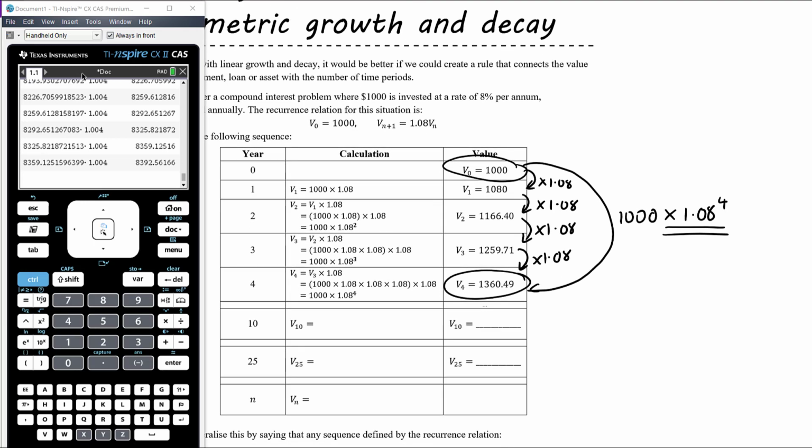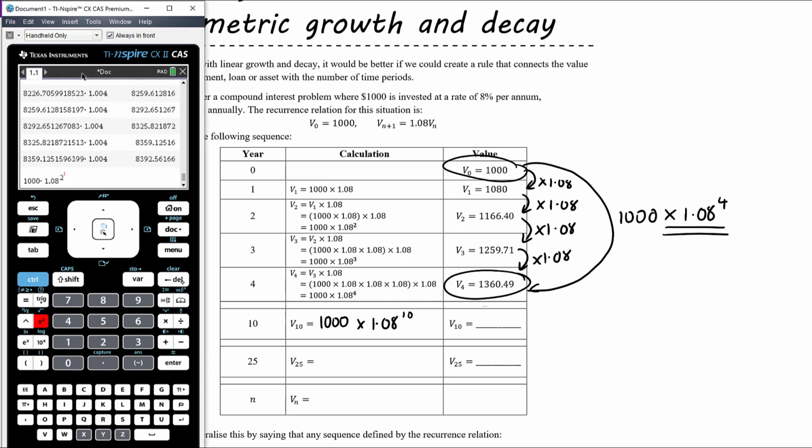V10 would therefore be 1,000 multiplied by 1.08 ten times to get from V0 to V10. So 1,000 times 1.08 to the power of 10 is 2158.92. To get to the 25th term in the sequence, so the